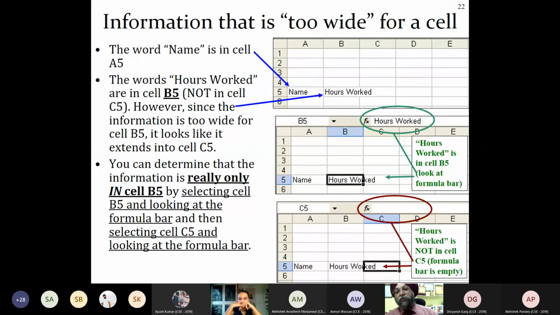So there is an overlapping. Whenever you write certain things, it will go beyond the cell.